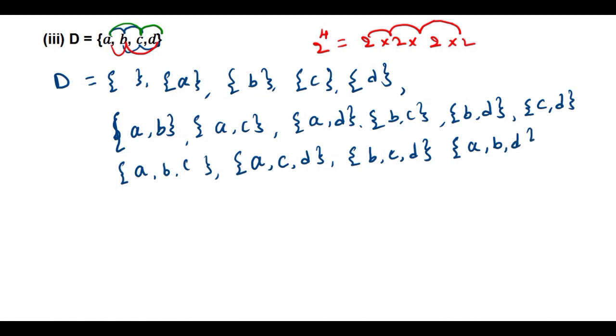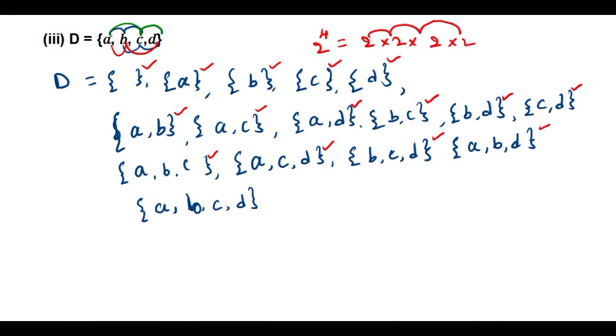Okay. So let us count how many subsets we got in total. 1, 2, 3, 4, 5, 6, 7, 8, 9, 10, 11, 12, 13, 14, 15. 15 we got. Only one is balanced. That is, all four elements we should take now. That means a set is a subset of itself. Itself means that is ABCD. So these are the total 16 subsets. Like this we write when 4 elements are given: total 16 subsets.